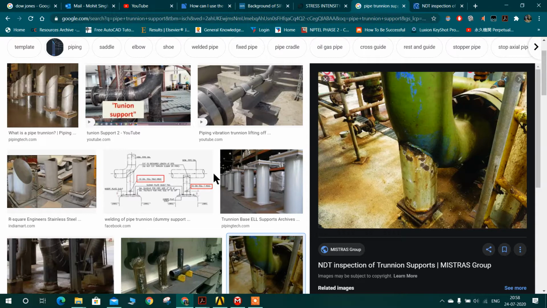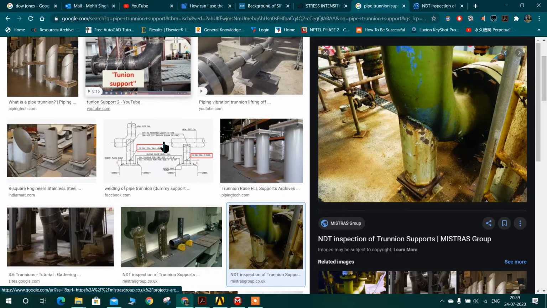sometimes the finite element analysis has to be done in scenarios where the loadings are quite high, and using the simple code formulae of ASME B31.1, we are unable to pass the trunnion support. In such scenarios, we need to do the finite element analysis. A trunnion support is nothing but a dummy pipe which is connected to an elbow or a turn, or sometimes in horizontal condition also,